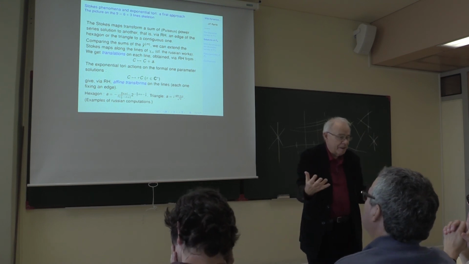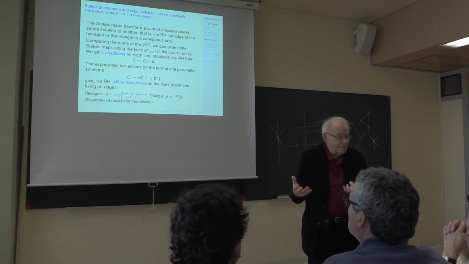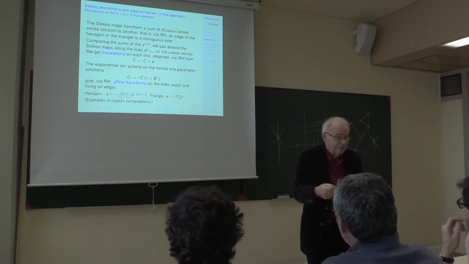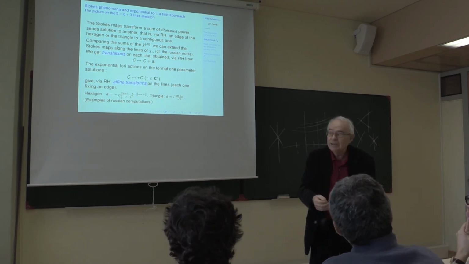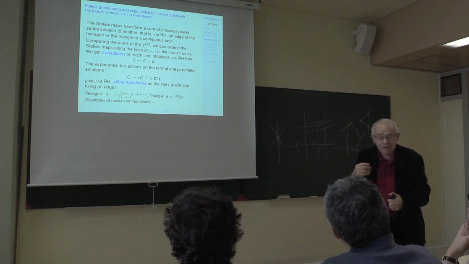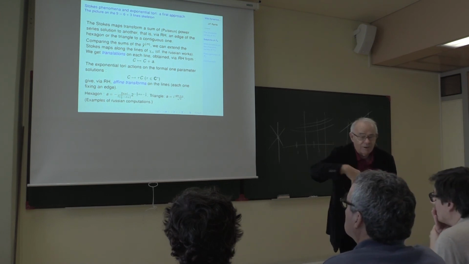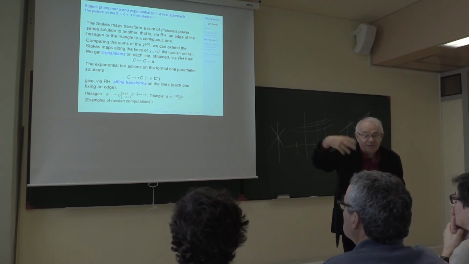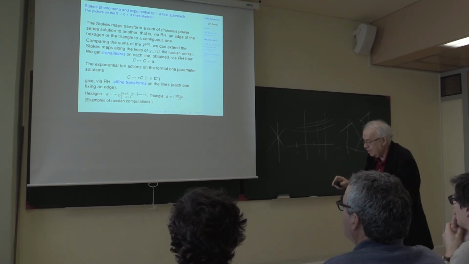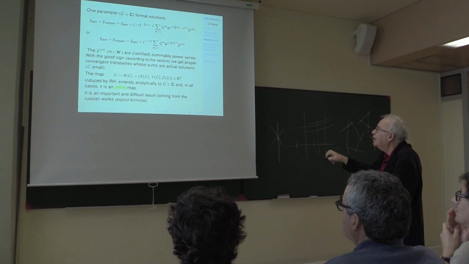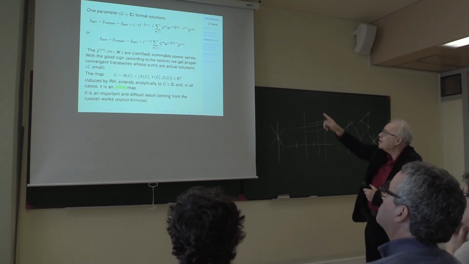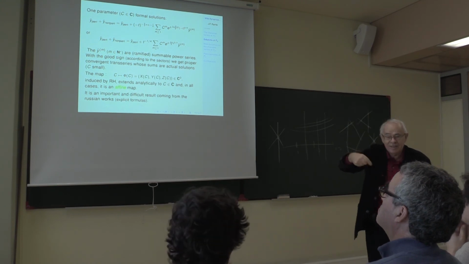So now I'm looking at a dynamic. Now I have the dynamic on the skeleton, that is on these nine lines. It's explicitly computed. So I know the dynamic on the line, and in particular, I know the action of the exponential torus. You have nine exponential tori. Exponential torus is, I go back, a rescaling of each exponential. And rescaling of an exponential is the same thing as rescaling C.